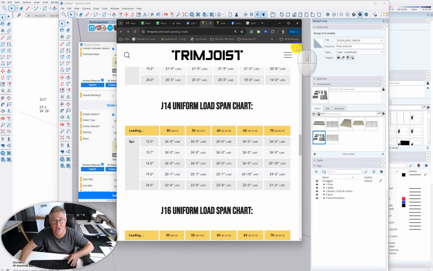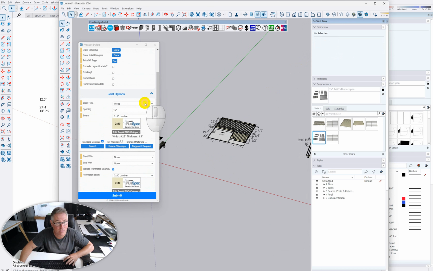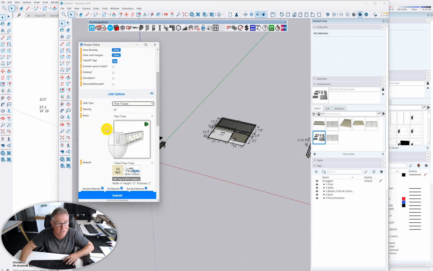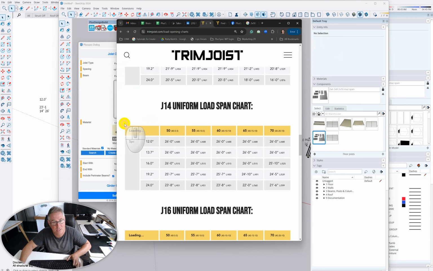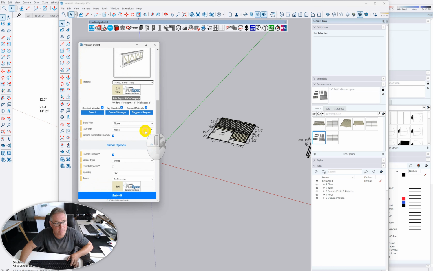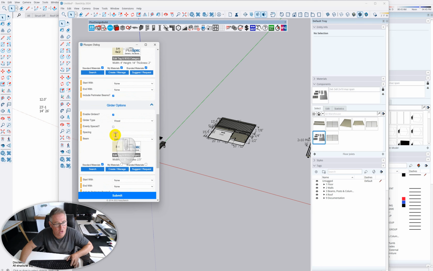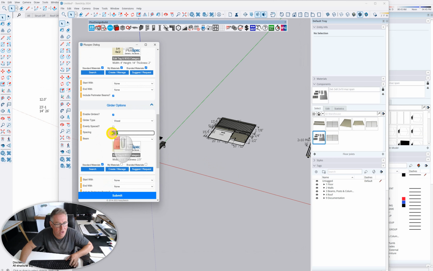So let's go back to over here and we'll choose a truss joist instead. Instead of using solid timber, we're going to use floor trusses, and 16 on center was the spacing we looked at. And I think I said, let's double check what I was looking at, 14-inch joists, and my maximum spacing down and my girder spacing was 26 feet. So let's go and type in 26 feet